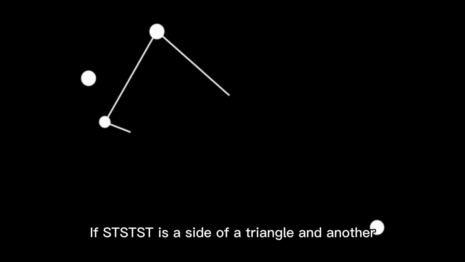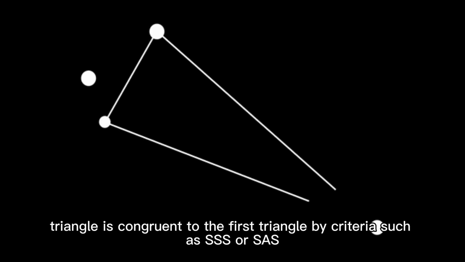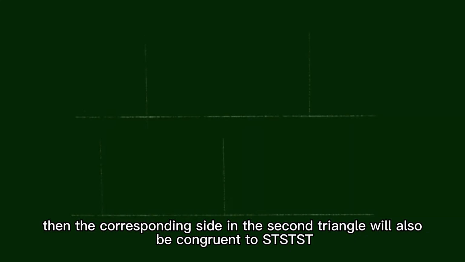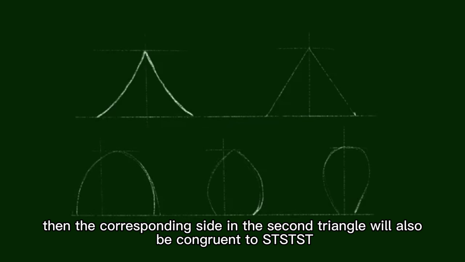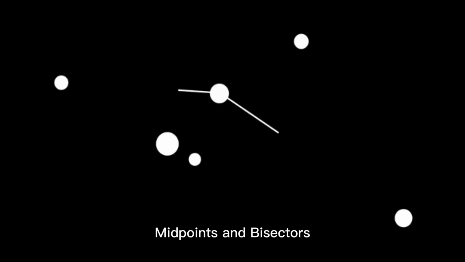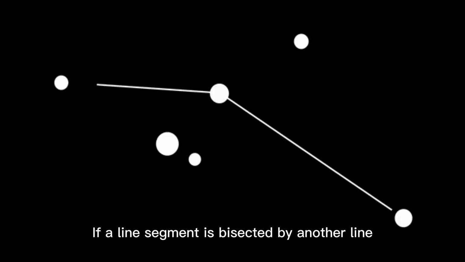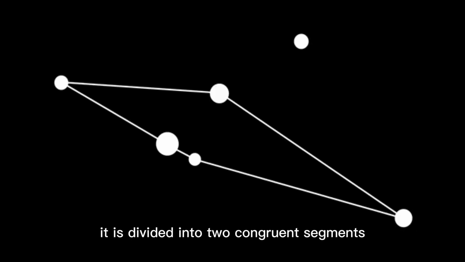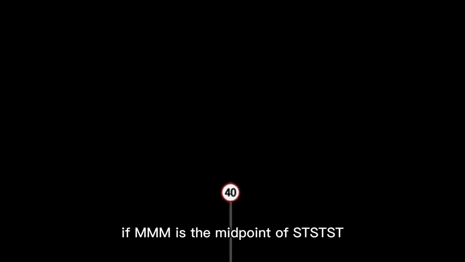Congruent triangles. If ST is a side of a triangle and another triangle is congruent to the first triangle by criteria such as SSS or SAS, then the corresponding side in the second triangle will also be congruent to ST. Midpoints and bisectors. If a line segment is bisected by another line, it is divided into two congruent segments. For instance, if M is the midpoint of ST, then we can say